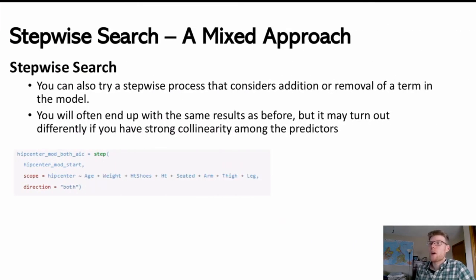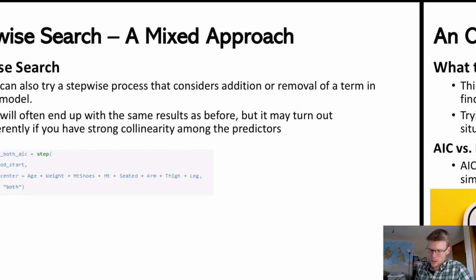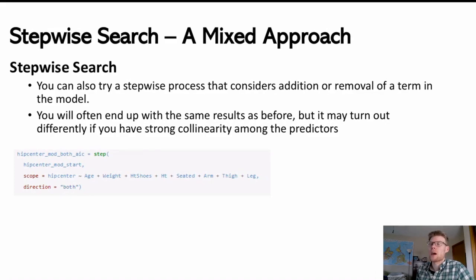If you want to do a stepwise search, you would do the same thing, except that you set the direction to be both. And so what's going on here with a stepwise search is that you're actually allowing for adding or taking away predictors in the model so far. So what I mean by that, and I guess it's not explicitly written out here, is that you have a model and you start with the intercept model. You figure out which predictor you want to add. So you look at your list of predictors, which model decreases AIC or BIC by the most, and you add